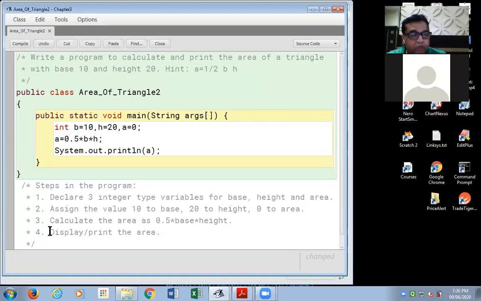Friends, in Java programming, when I mention display the area or print the area, it is one and the same. Actually, to be very specific, when we use the word display, it means showing on the screen. Print means on the paper.